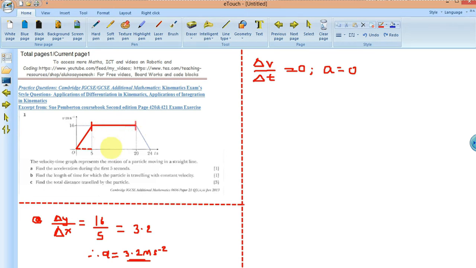So what is the time? That is 5 to 20. That's what we have there. Okay, so that is in between 5 and 20. So what do we have there? So that would be